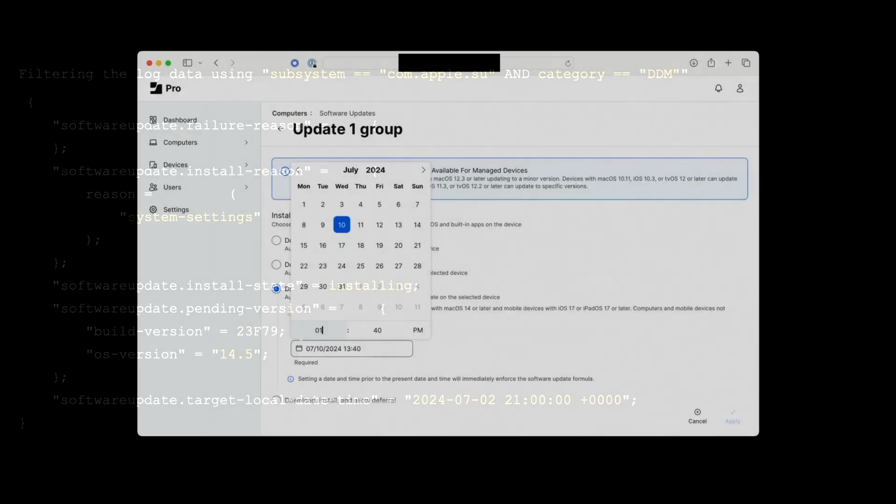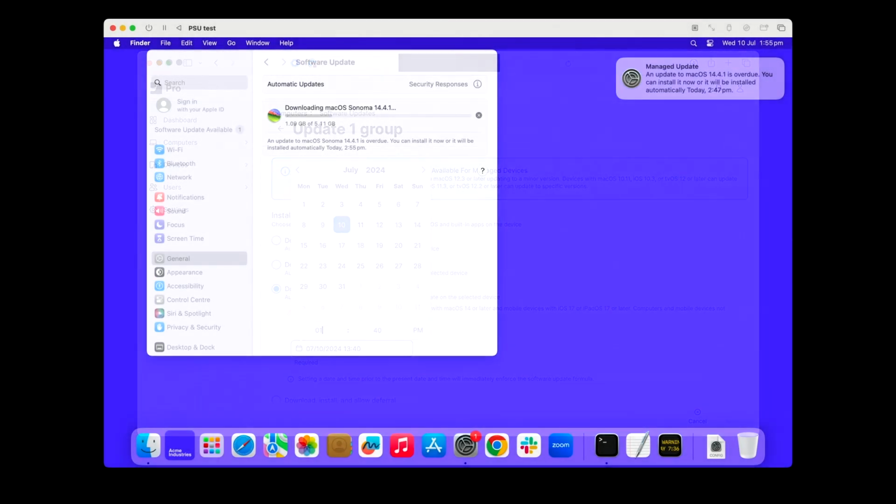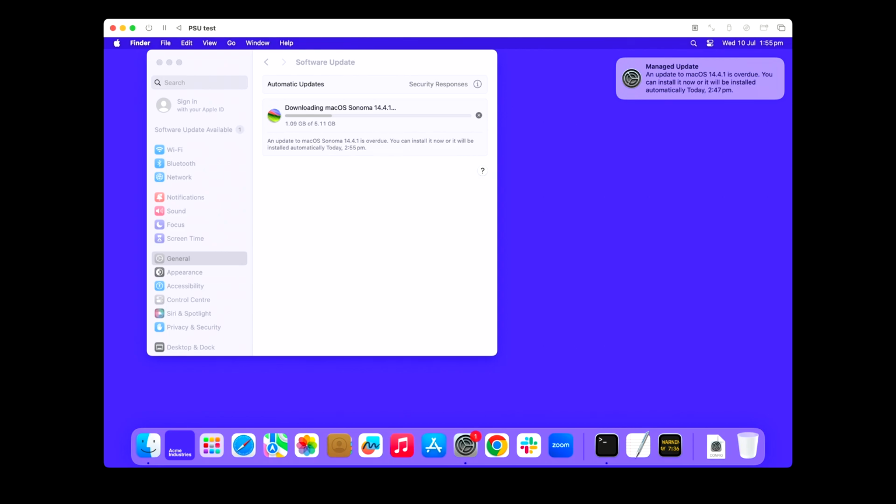And then this week, Jamf announced DDM support, and Marcus helped me get some screenshots for this. So they have a similar interface here for choosing the target date. The interface on the client, again, is showing the download of that update in the system settings. And they get a, in this case, he was already overdue. And so I believe the